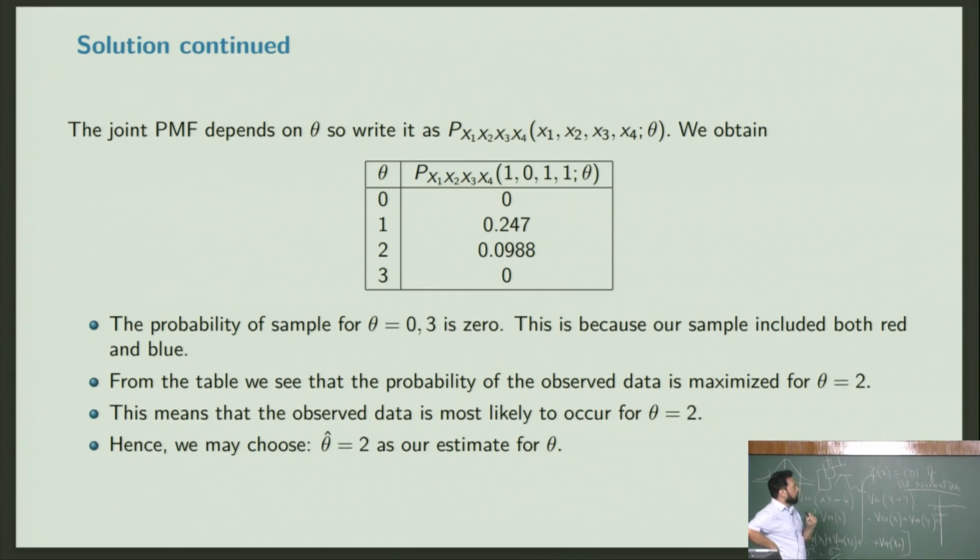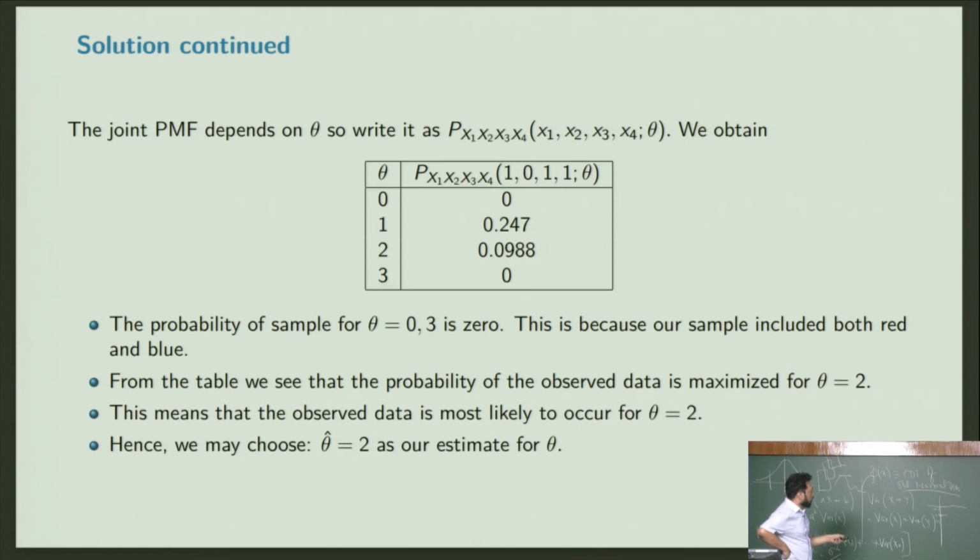We did get a red ball at some point. So theta was blue ball, sorry. So theta being 0 is not correct, because we did get, in fact, 3 blue balls. And it's also not true that we got 0 red balls, all blue balls. That's also not correct. Theta equals 3 means all 3 were blue balls. That's not correct because the second one was red. So that makes sense that theta 0 and theta 3 were 0, and then it's about which one is max. So here 0 is missing, so theta equals 2 is a good estimate here, okay.